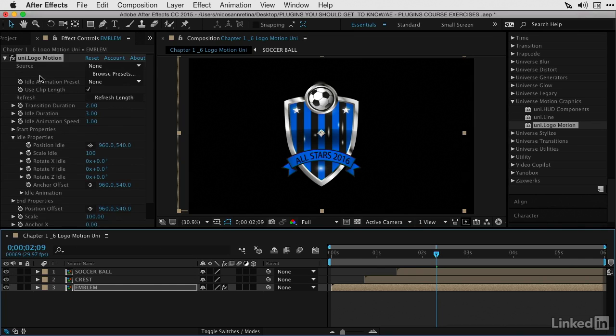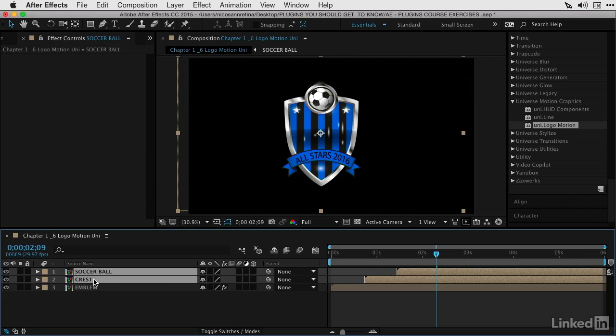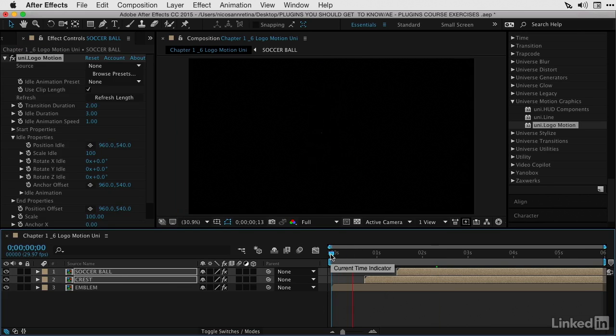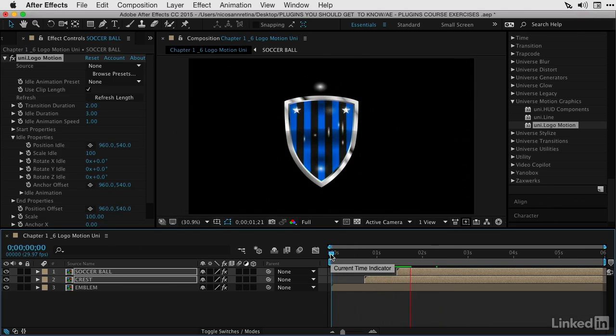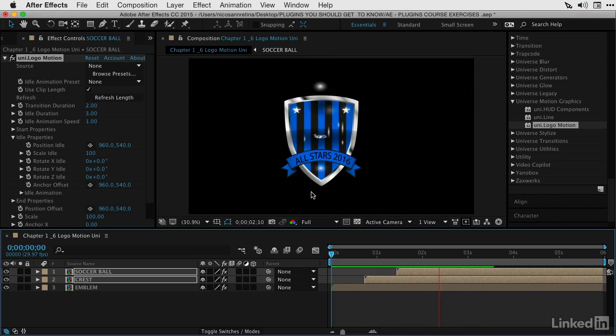I'm going to go over to Effect Controls. And with this Uni Logo Motion effect, I'm going to select it and hit Command C to copy it to an invisible pasteboard, and hit Command V to paste those attributes as well as the effect on over to the other 2 logos. Now playing this back, I'm thinking that the additional animation when the logo is idle is a